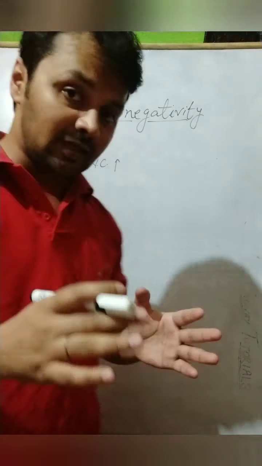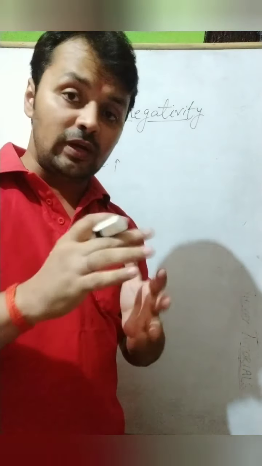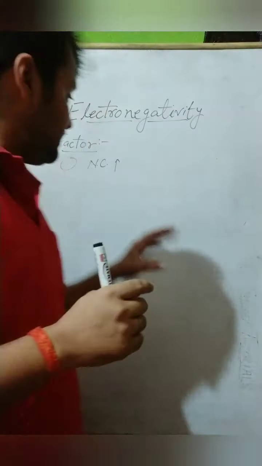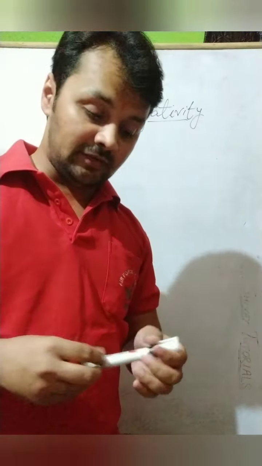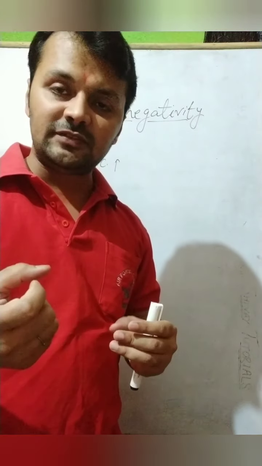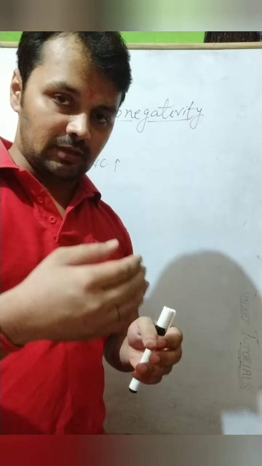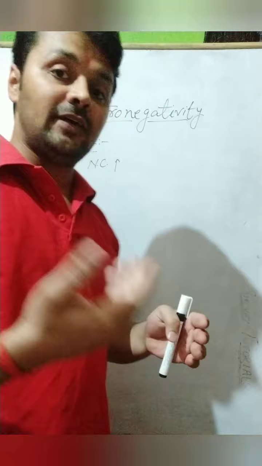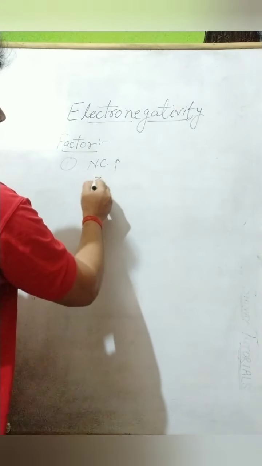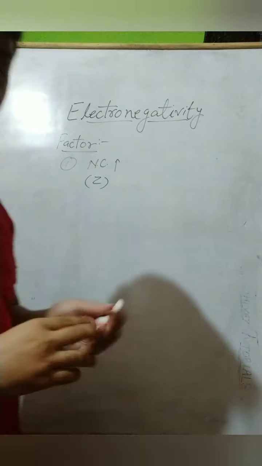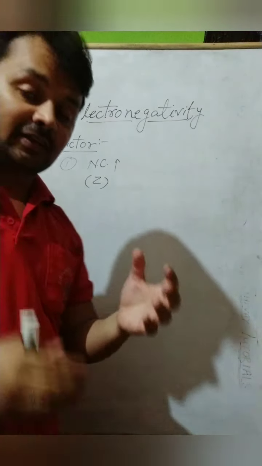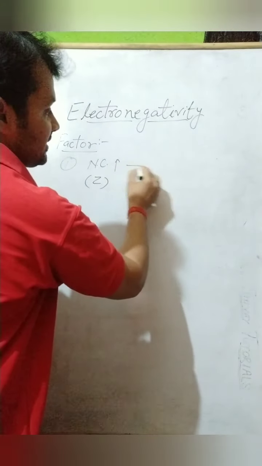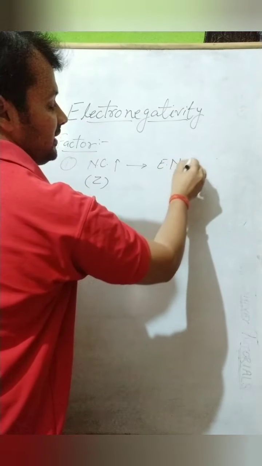Whenever the nuclear charge is a dominating factor, we will discuss that in the trends. When the nuclear charge is the dominating factor, then we say that because nuclear charge is positive charge, it means the protons in the atom are increasing. So more are the number of protons, or you can say the value of Z. Clear? Nuclear charge is represented by Z. So if the value of atomic number Z is increasing, that means the attraction of electron will increase, right? So nuclear charge increases, then electronegativity increases.